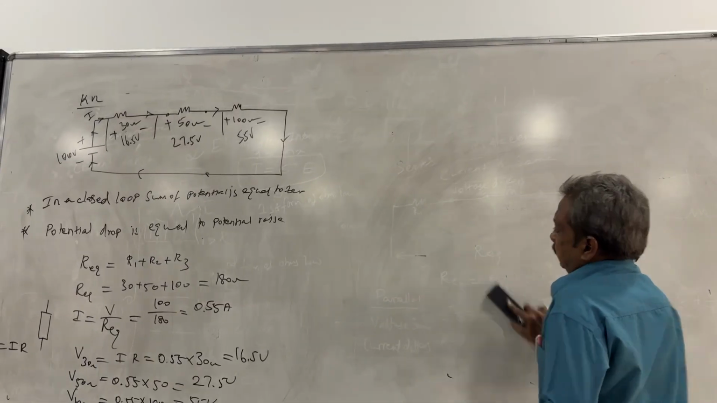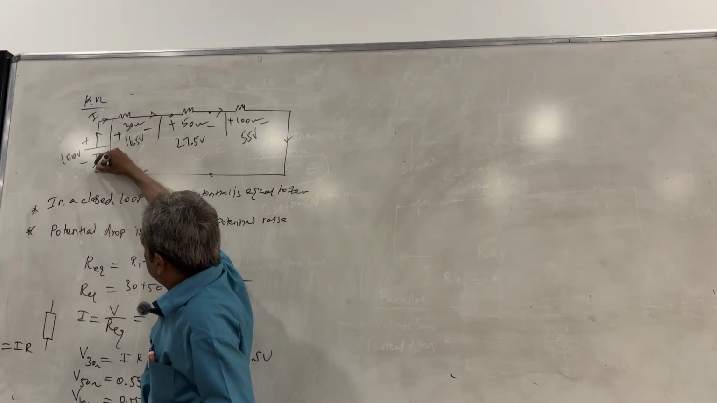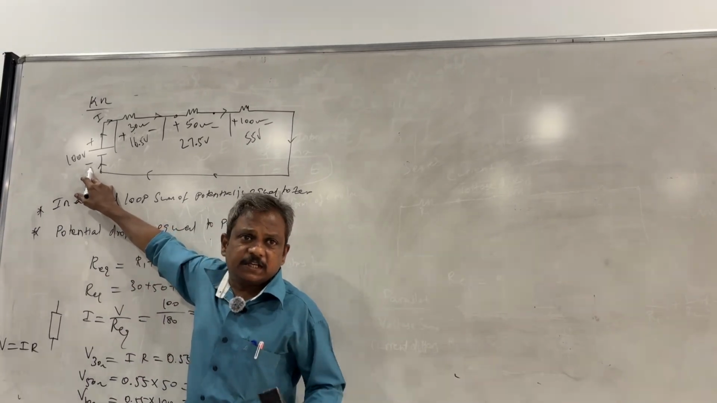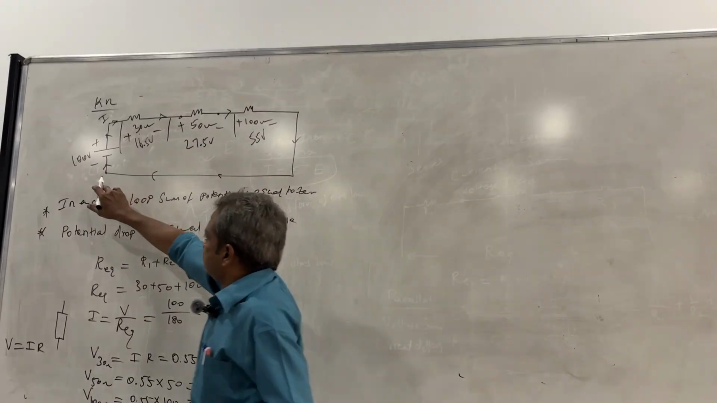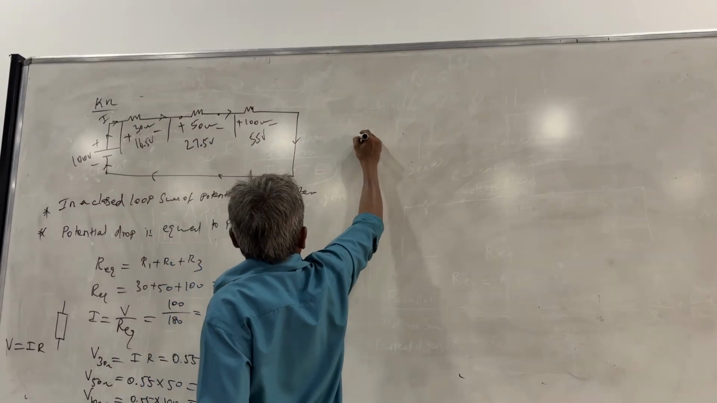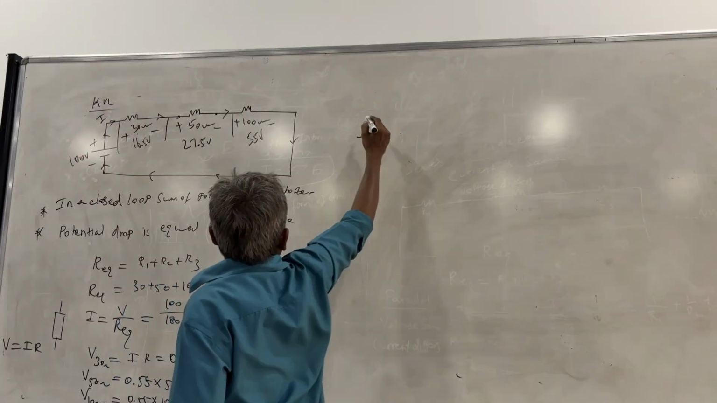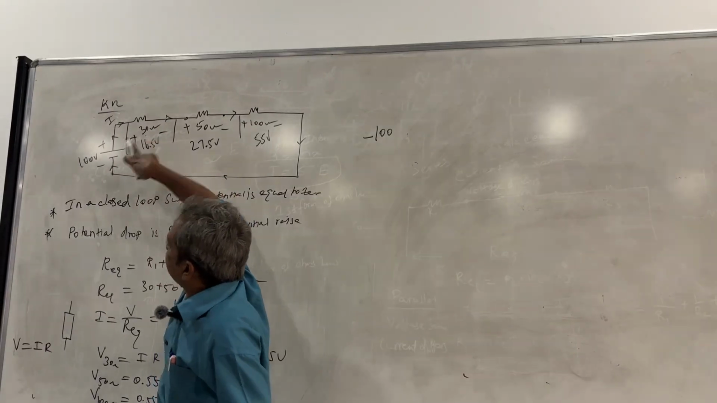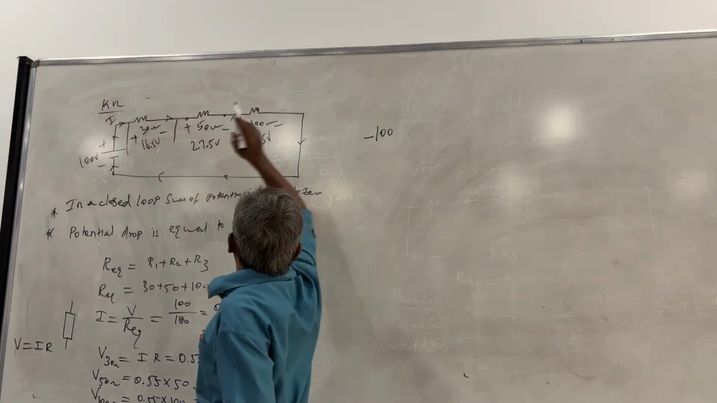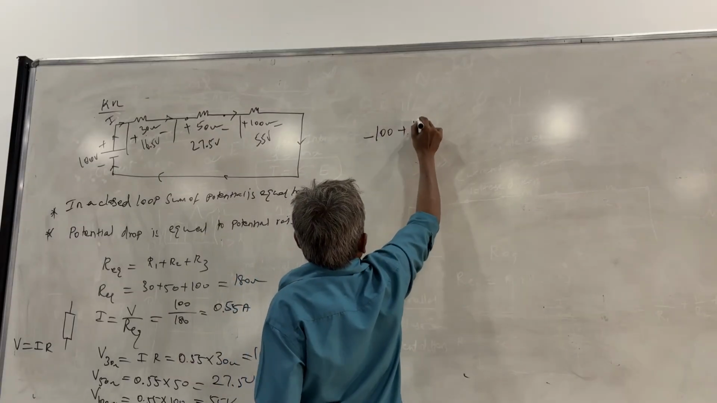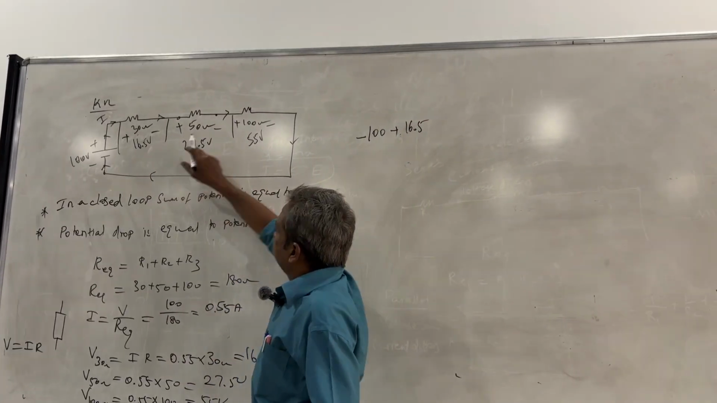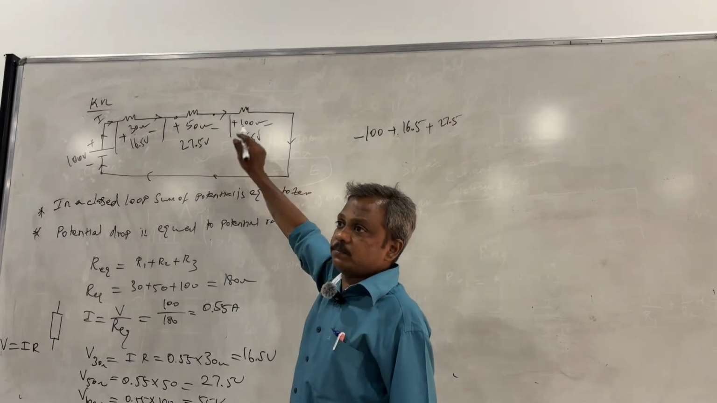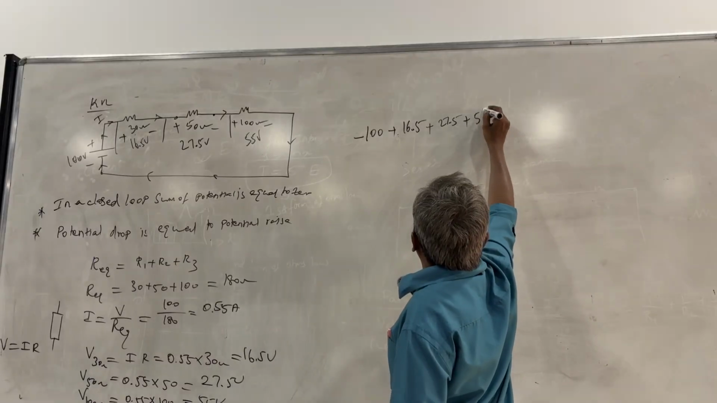Now you can start from anywhere. I am starting from here. What potential I am seeing initially, I am writing. Here what potential am I seeing? Minus. What is the value of the potential? 100. And I am traveling. Coming here, here also there is a potential. What is the polarity? Positive. What is the voltage? Coming here, I am seeing a positive sign and the voltage is 27.5. Coming here, I am seeing a positive sign and the voltage is 55. Equal to